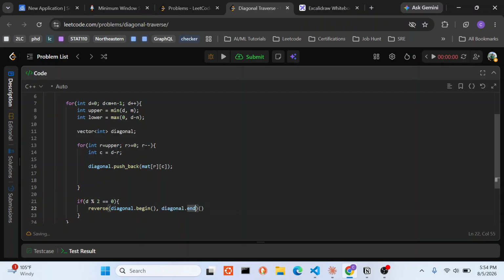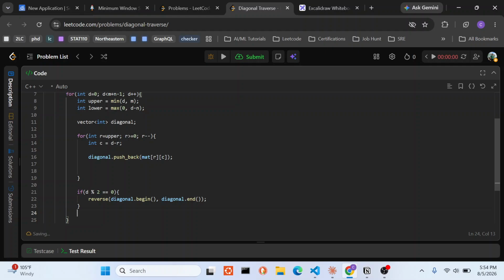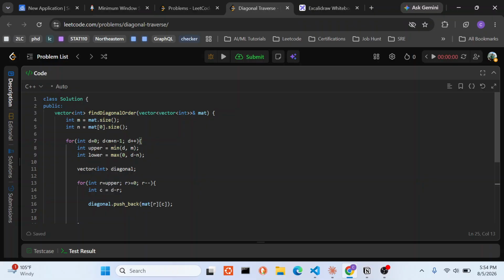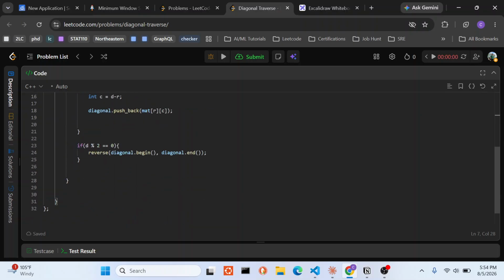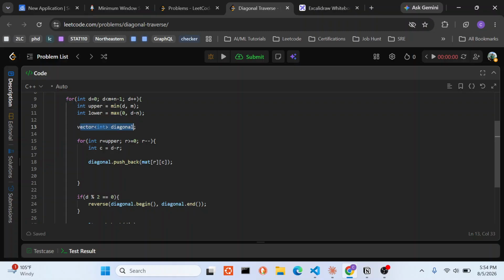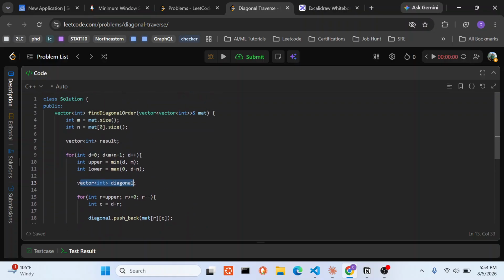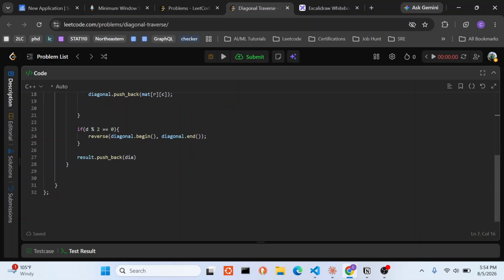and at the end we can just push into the result. So let's say we have a vector of integers for result, right? So we would do result dot push back. Oh no, it's a diagonal. We can't push back a vector of integers into a vector of integers. So okay,